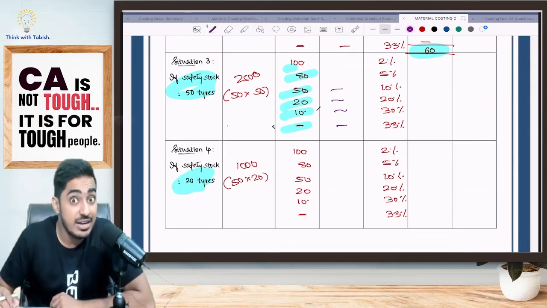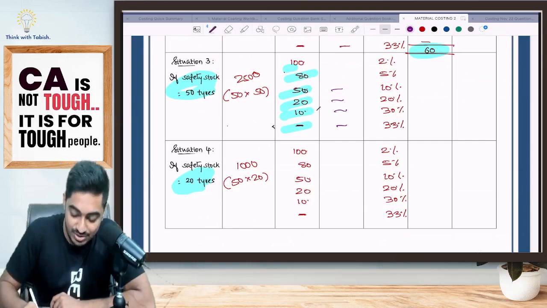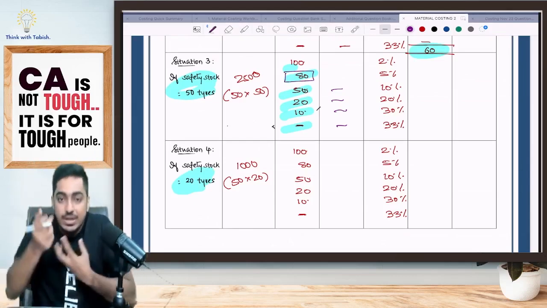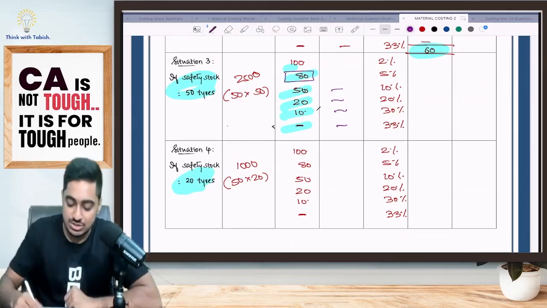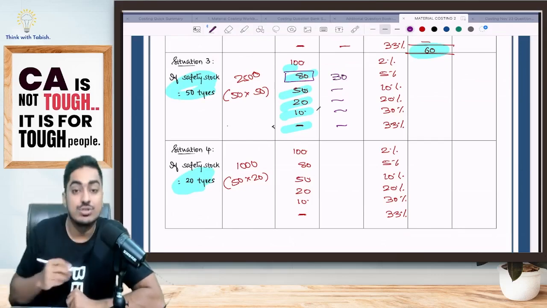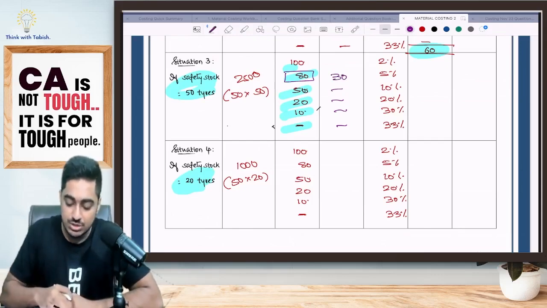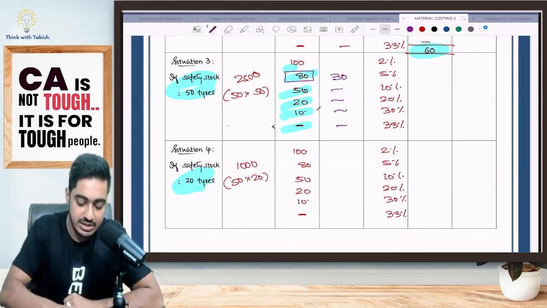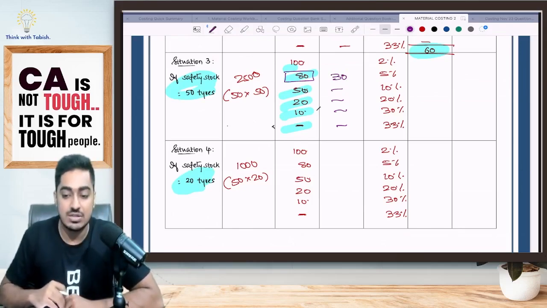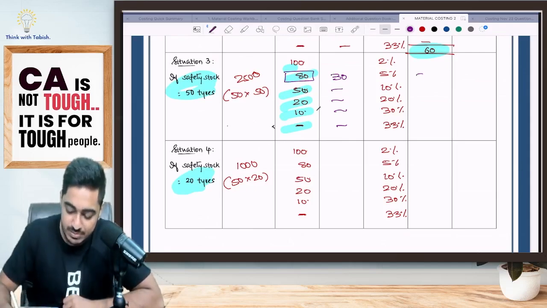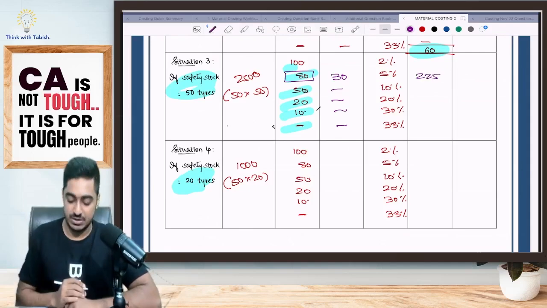But the customer asked for 80 tires. Am I having tension? Yes. Oh my God, what is happening here? Customer asked for 80, I'm only having 50. What is the shortage? 30 tire shortage. For one tire, what is the loss? 150, so for 30 tires, into 30, 4500 is a loss. But what is the percentage? Only 5% is the probability. So 225 is the expected loss.